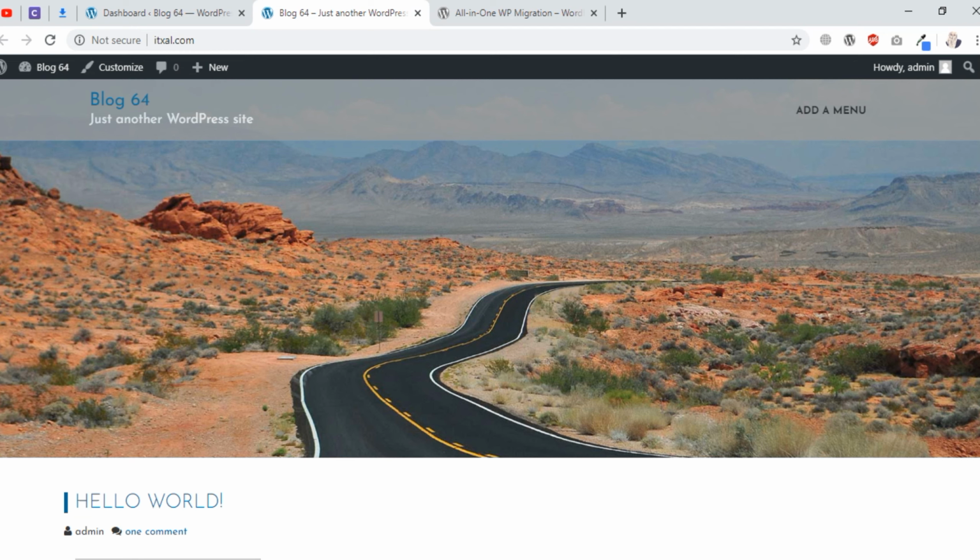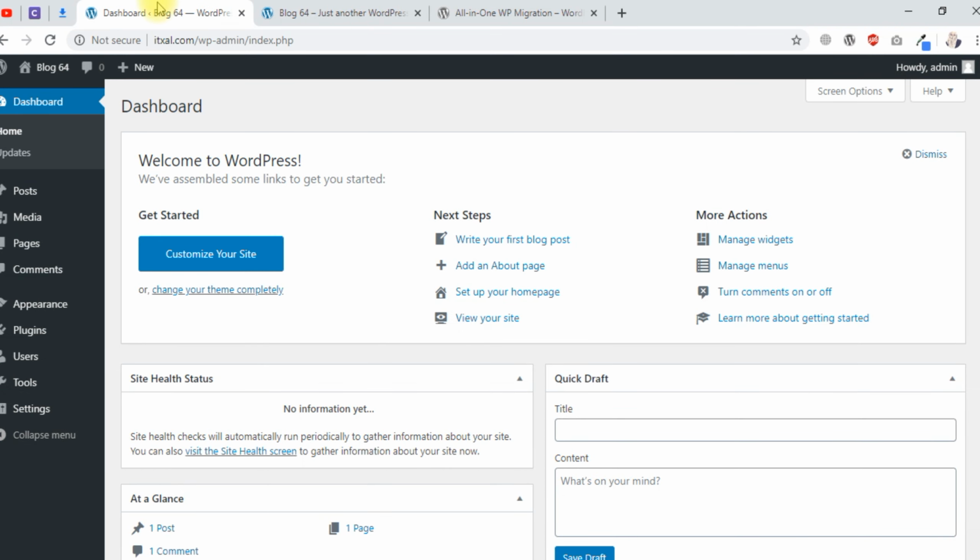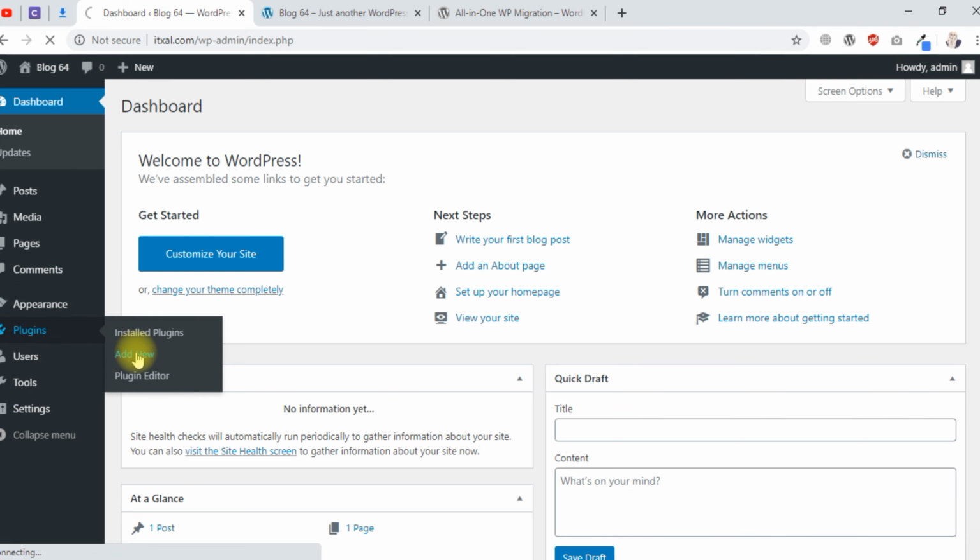So for this backup process, I will use the plugin named All-in-One WP Migration. I will simply go to the dashboard, find the plugins, and click on Add New.